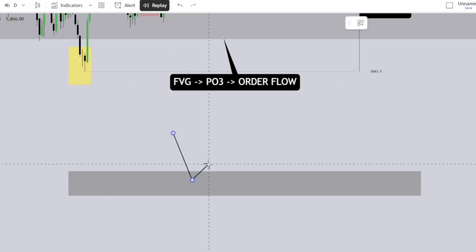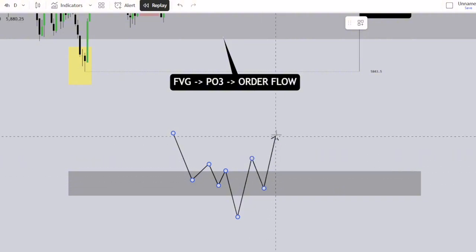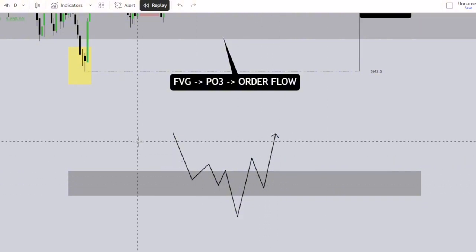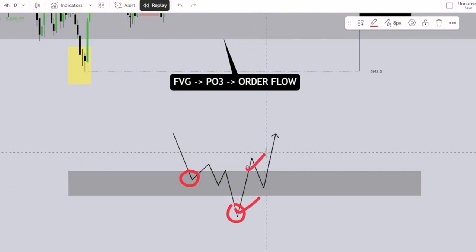So price came down, right? Price wicked below and then broke up. And then we had this retest. Trading is all about trading at the right levels and understanding who's in control at the level. So when we see aggressive sellers here, and we have a wick below and price smashed above, this means essentially,